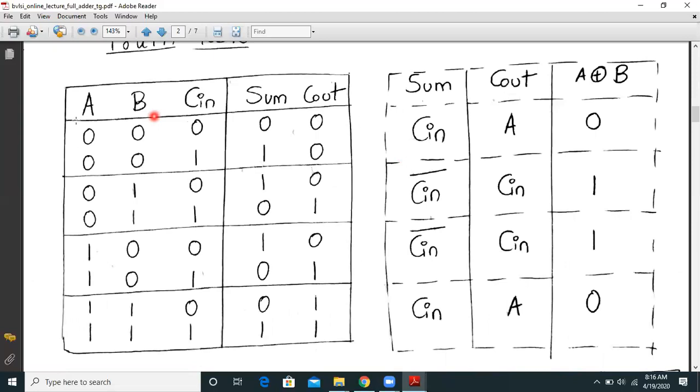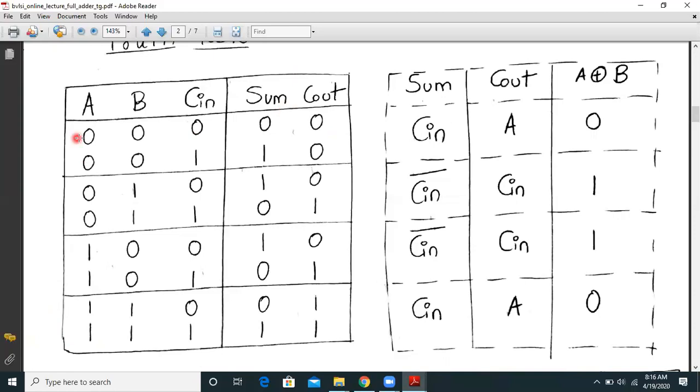We all know this functional table of a full adder circuit having external inputs A and B, and Cin is my input carry, whereas sum and Cout, that is output carry, are my two outputs of a full adder circuit. Since there are three inputs, there will be 2 raised to 3, that is 8 combinations of input possible, right from 000 to 111. So we have discussed this table many times. Today we will explore it in a different way.